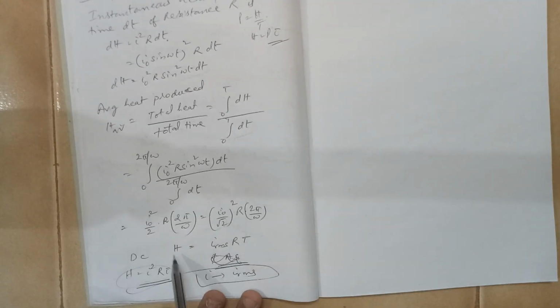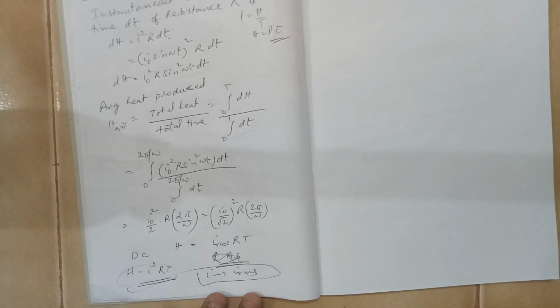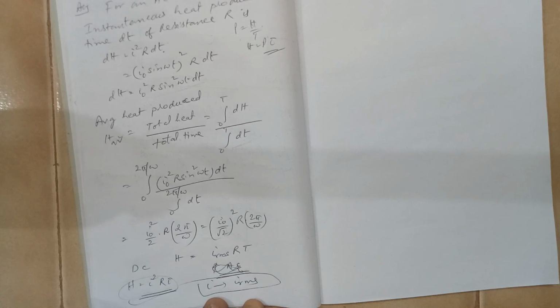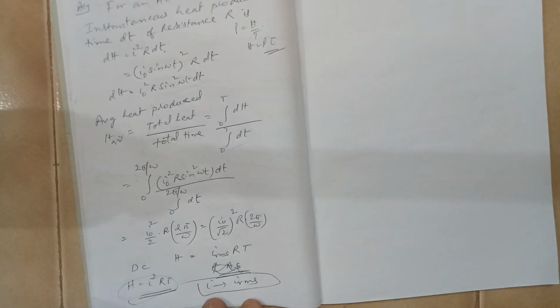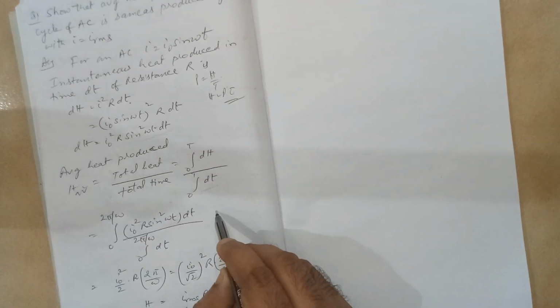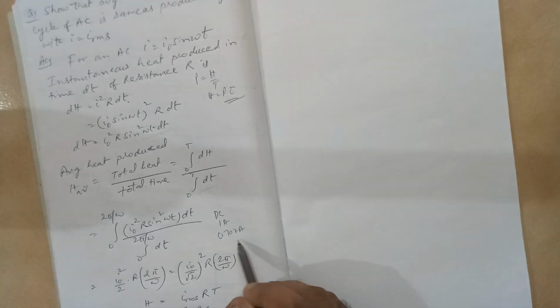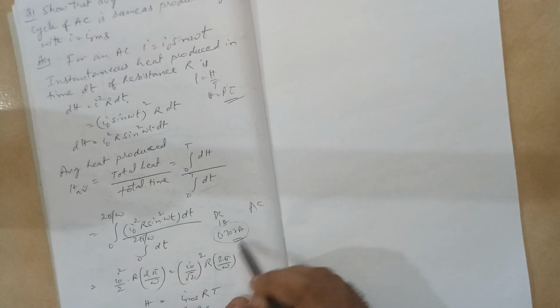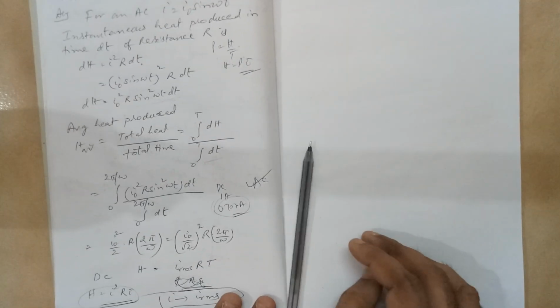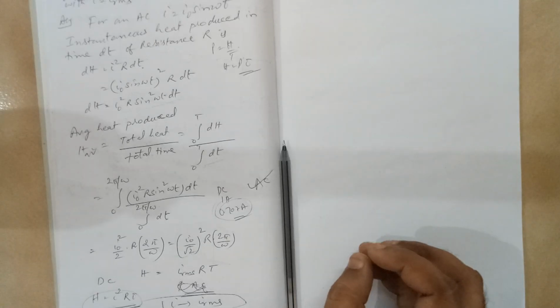But the meaning of this is that had it been a DC circuit, whatever the current is there, you find the RMS value of that particular current. How do you get it? If the current value is 1 ampere, you need to multiply with 0.707 and then find the heat produced. It is equivalent to the AC circuit. What I am trying to say is, you have a DC circuit where 1 amp current is flowing. What is the RMS of this value? 0.707 amps. Whatever heat is produced by this is equal to the heat produced by the AC circuit.